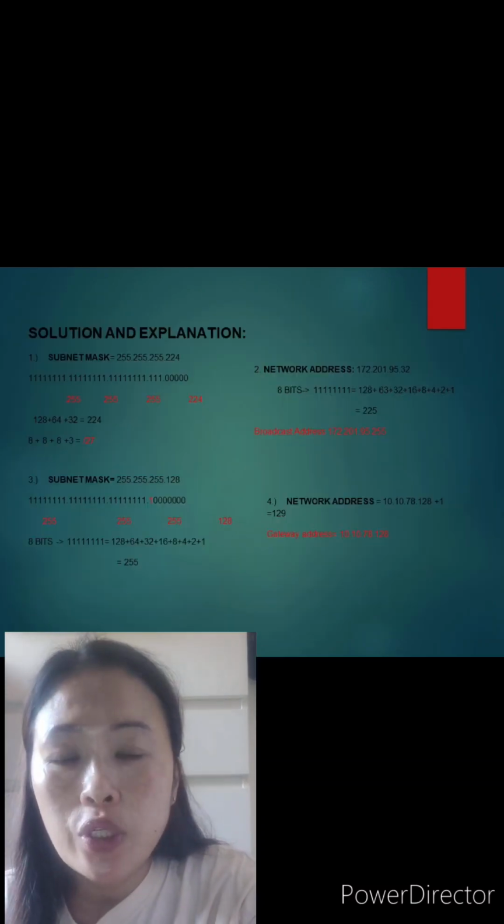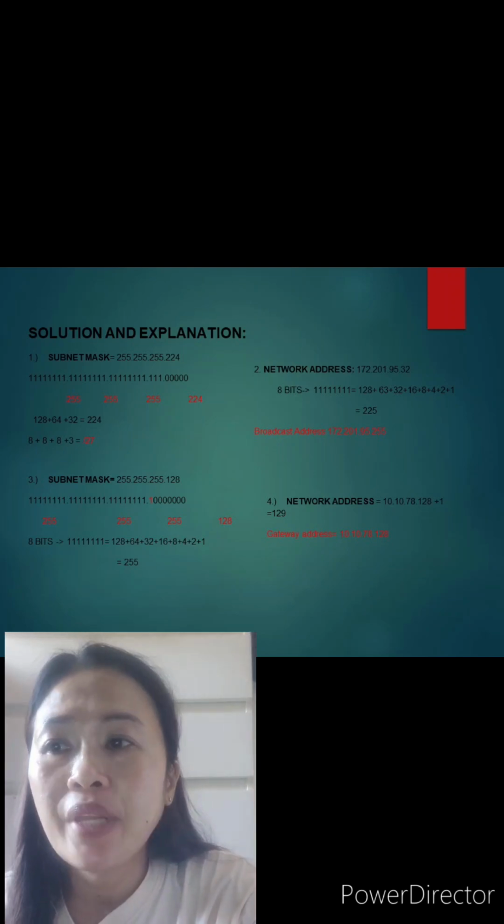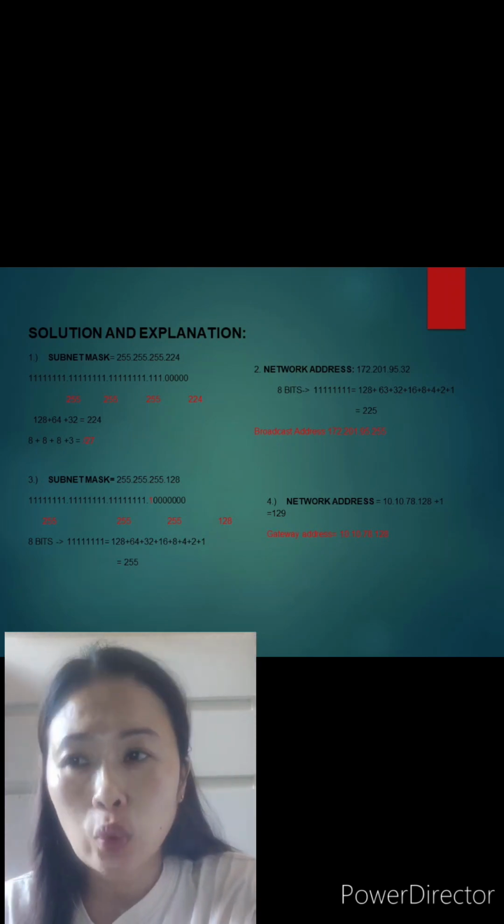Now let's proceed to the solution and explanation. Number 1 is a subnet mask. This is given,